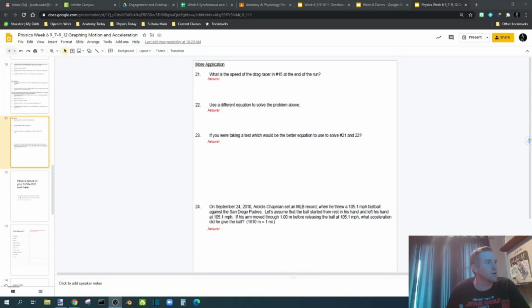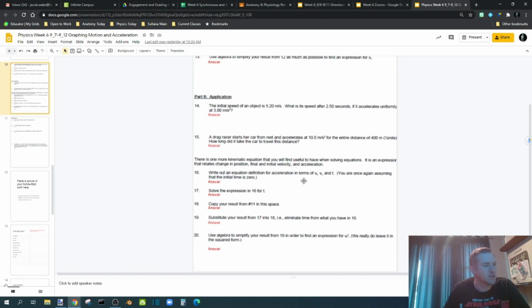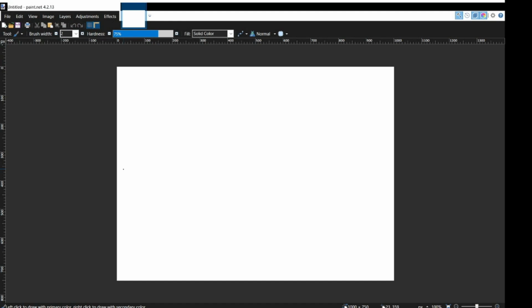Okay, so for 21, it says, what is the speed of the drag racer in number 15 at the end of the run? So what you want to do is go to number 15 and then gather some information here. The first thing you want to gather, and I'm going to switch slides here. The first thing it says on number 15 is the acceleration, so you would do a equals, so acceleration equals,